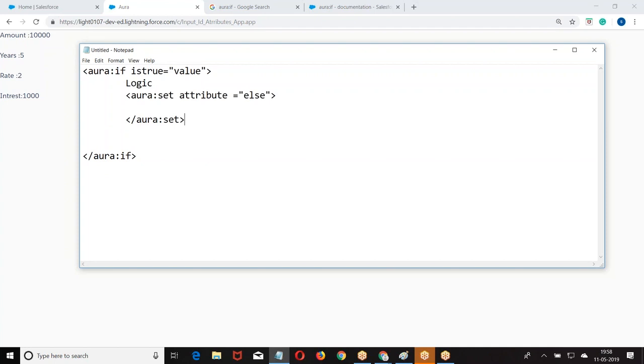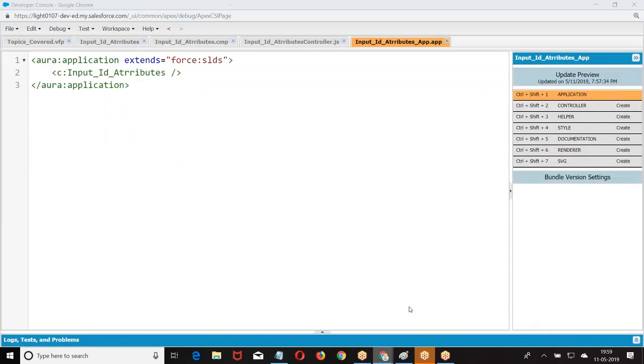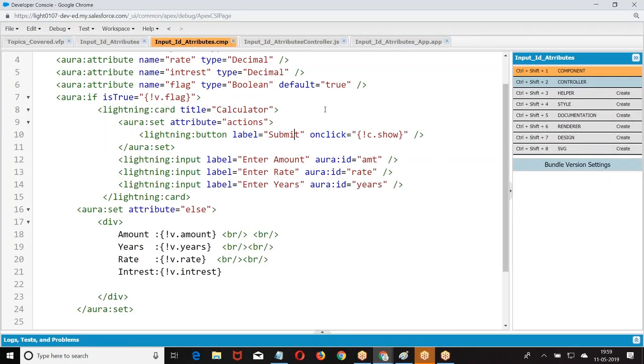This is what I get. aura:set attribute else, set the value. So read the value. How do you read the value? Based on ID, component.find(ID).get v.value. How do you set the value to an attribute? component.set v.attribute value. Right. Look at the code. If anyone still has any queries, let me know. Otherwise, we move to the next examples.